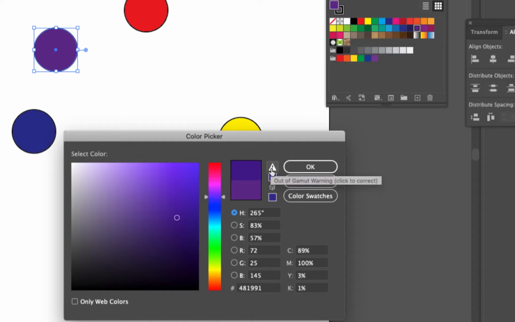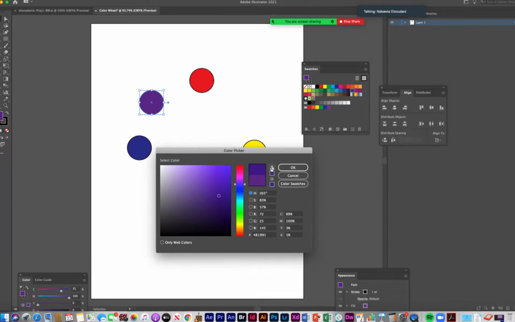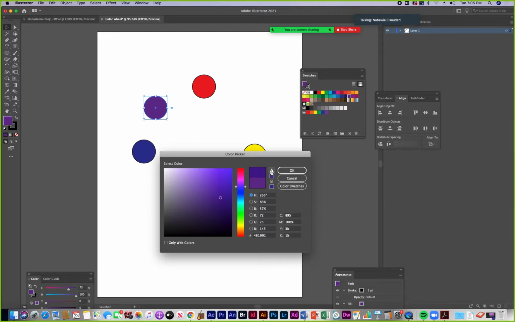Yeah, chances are if it has an out of gamut warning, gamut refers to the device. It means the devices aren't going to talk to each other. The printer doesn't have the capability of printing this color that's selected, that the monitor has the capability of displaying.